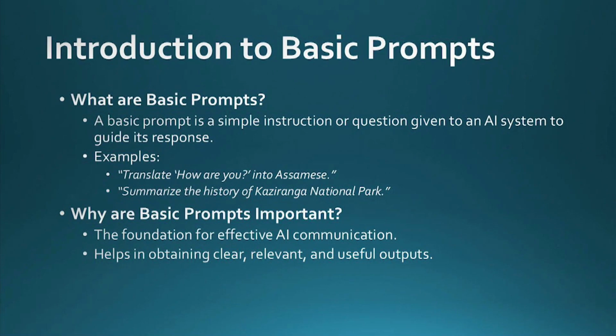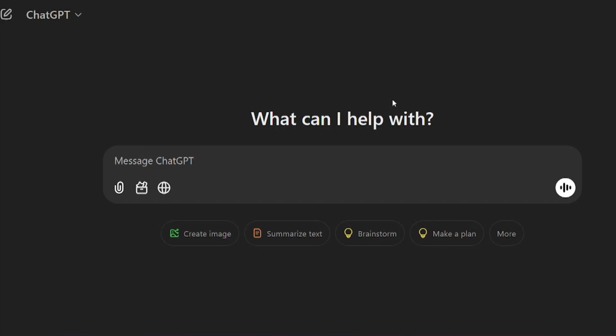Let's start by understanding what basic prompts are and why they are important. A basic prompt is a simple instruction or question that we give to an AI system to guide its response. These prompts can range from a single sentence to a detailed description. They are the starting point for any interaction with AI. For example, a simple prompt could be